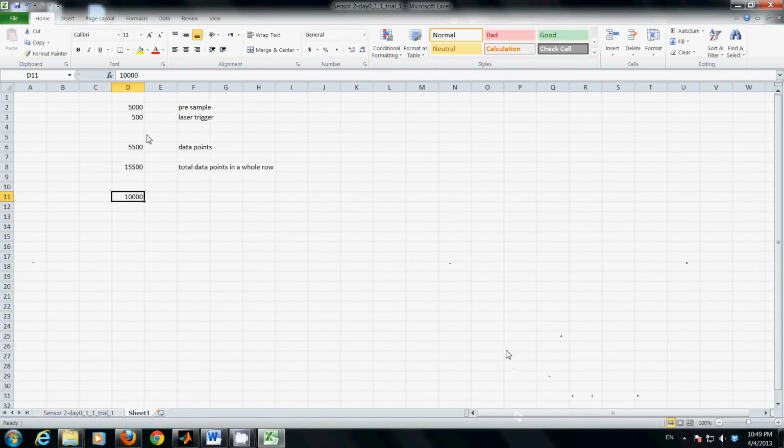Before, I was calculating the average for the first 5,000 points and then calculating the maximum displacement or the maximum position in the rest of the row, and I was not aware that in the row there are 500 data points for the laser trigger, and there are 10,000 data points that I